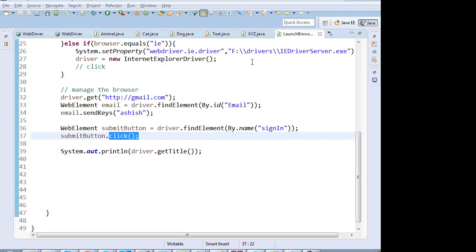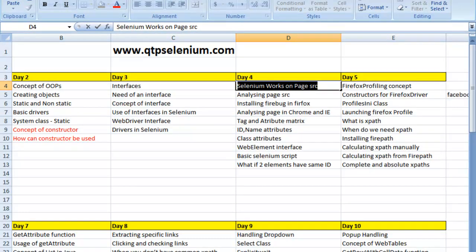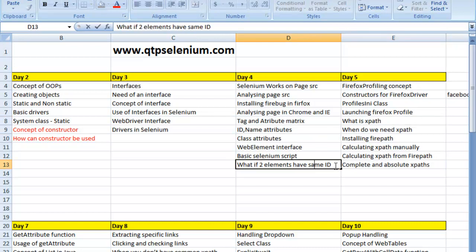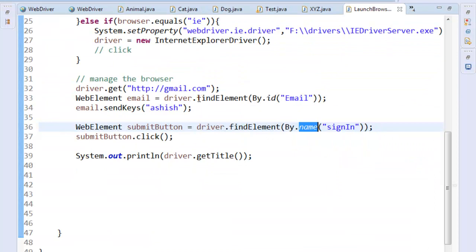Yes, Fareed. Now the next thing is, what if any element has no ID or name? How do you identify it? We'll do that next time when we do XPaths and CSS selectors. And what if two elements have the same ID? What will happen in that case? IDs are supposed to be unique. I have written driver.findElement by the ID email. If two elements have the same ID,